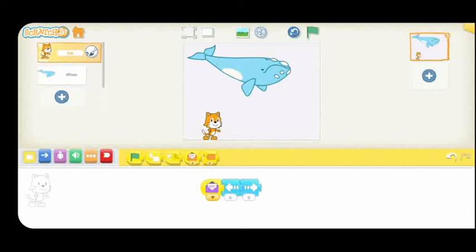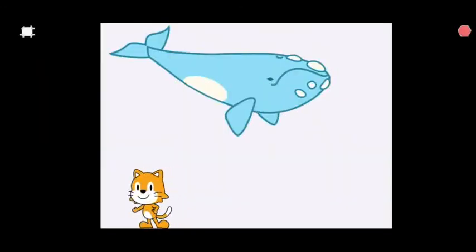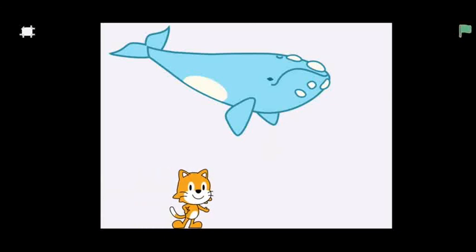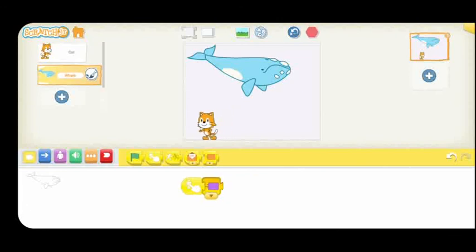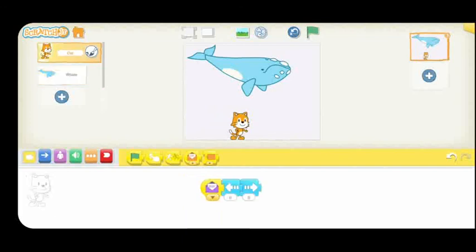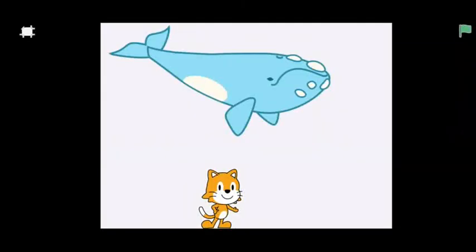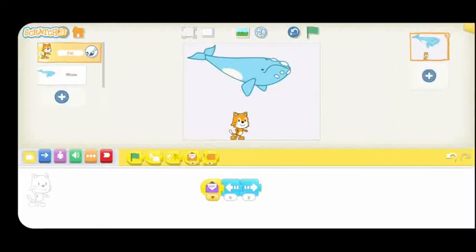Okay, in the full screen mode, we have to touch the whale and the cat does something according to that. Okay, because whale is sending the message and cat is receiving the message. Now if we change the colors, then what will happen? We change it to white and here it remains violet. Okay, then if we touch the whale, nothing happens because cat is not receiving that particular message, because color is changed in both the places. So color message should be the same in both the places to work.